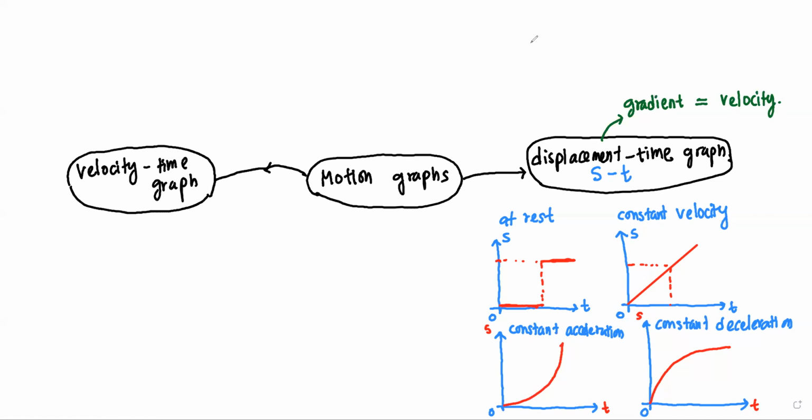Like, for example, in an ST graph or displacement-time graph, if you have a line like this, kind of a straight line, and I'll draw another color, this kind of straight line. So this has a greater slope, and this has a smaller slope,